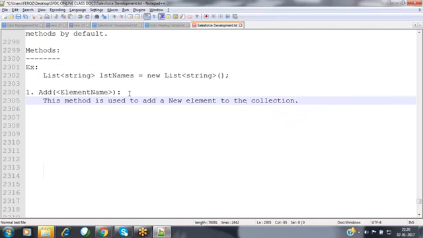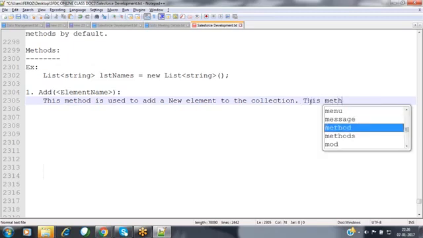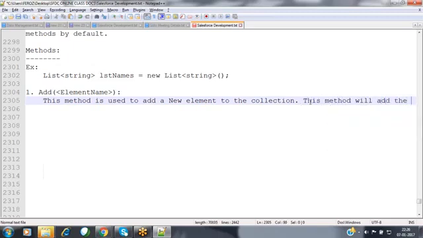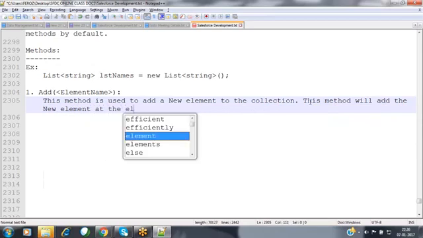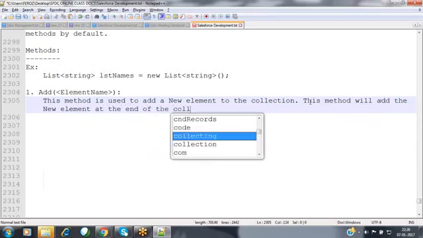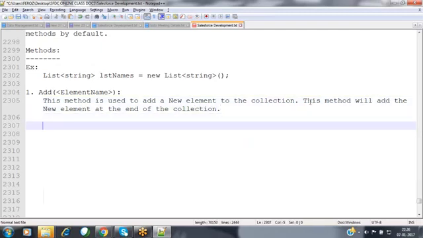Now in this kind of scenario here, whenever the collection is empty, then my element will be the first element here. If the collection is already holding some element, then where will be my element? My element will be at the end of the list here. Now this method will add the new element at the end of the collection. Now then how many elements can we add? Only one element can we add with the help of this add method. Add method is used to add only one element at a time, not multiple elements here.